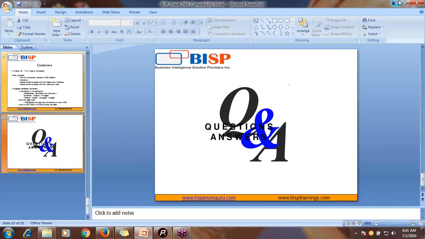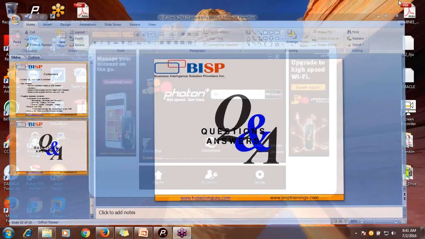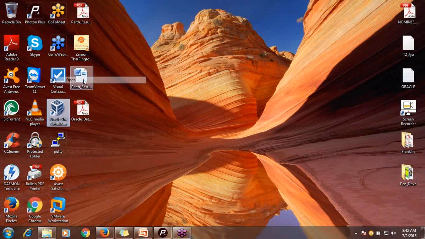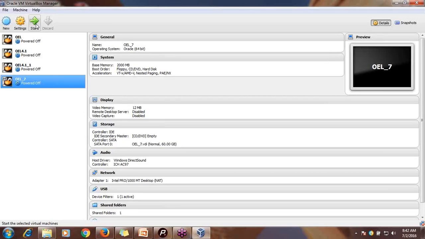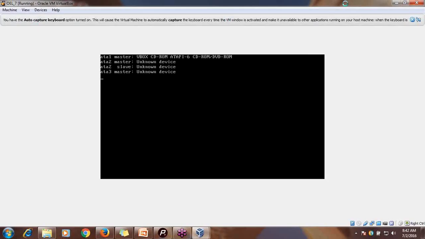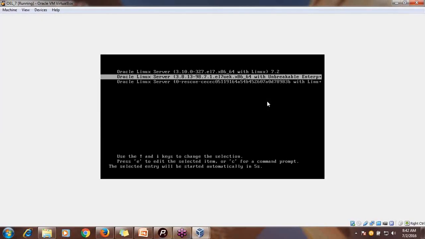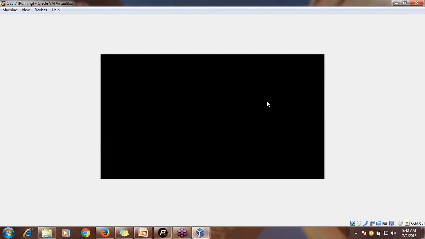I will just show you how you can use this. So let me start my VirtualBox and I will show you what the differences are at the CDB level and the PDB level.